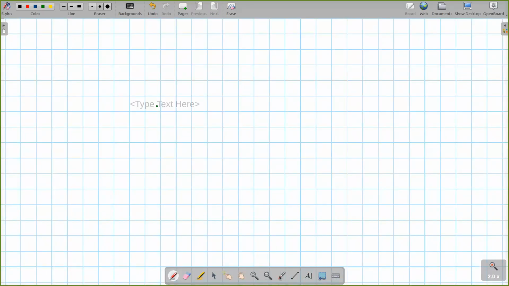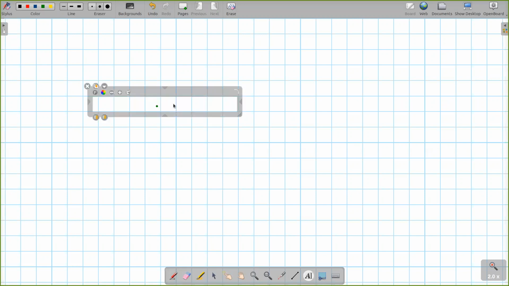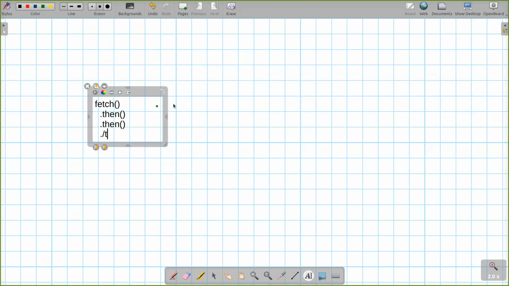We might say something like fetch something, then this, then this, then this. And then we're going to start having catches. If any of those first three promises threw an error, it should go to that catch block. You can also keep going if none of those threw an error, and then have another catch at the end of that.